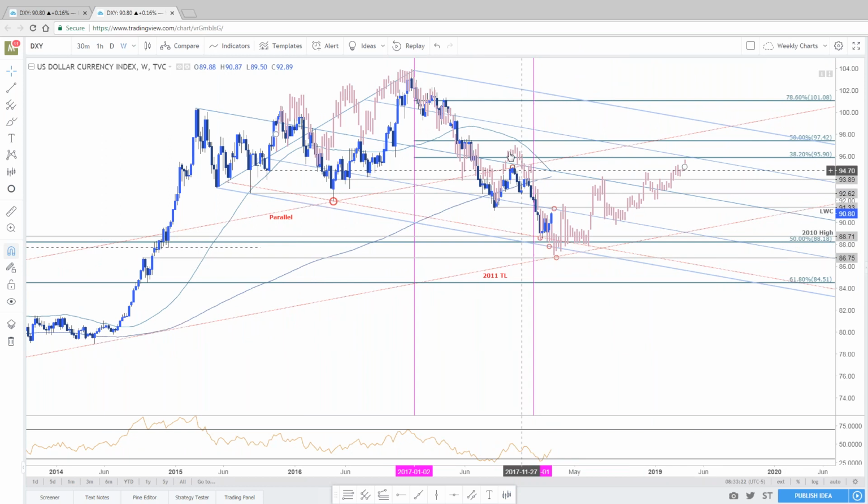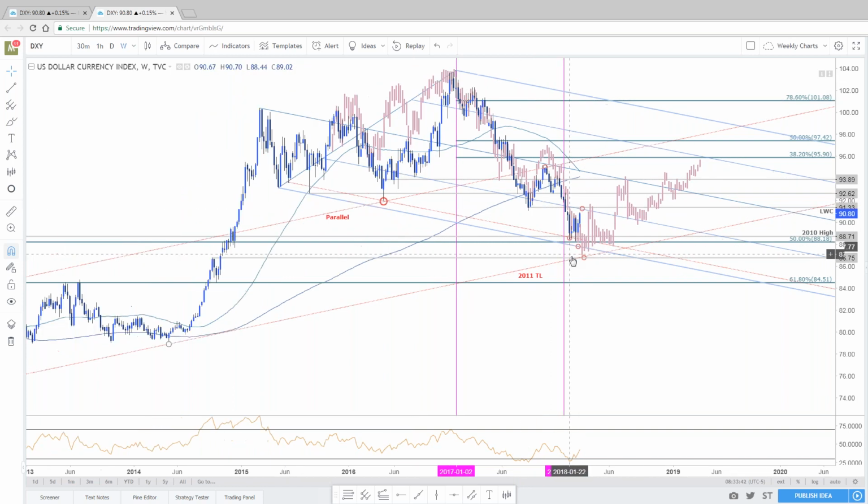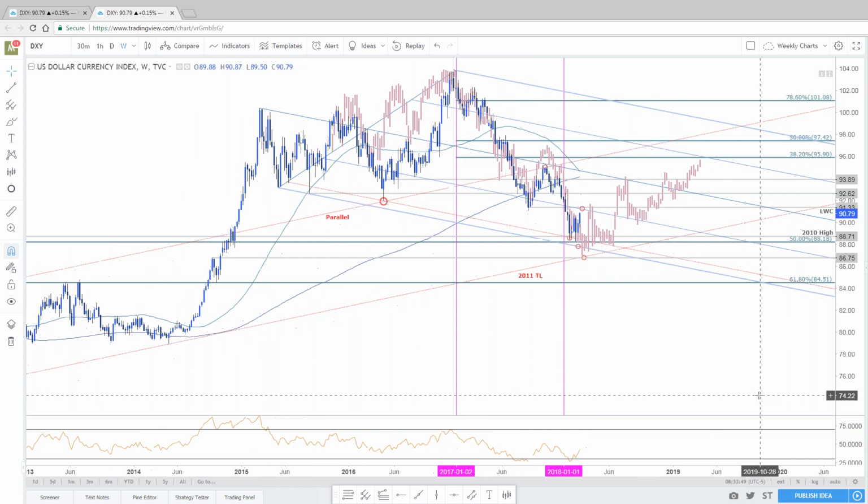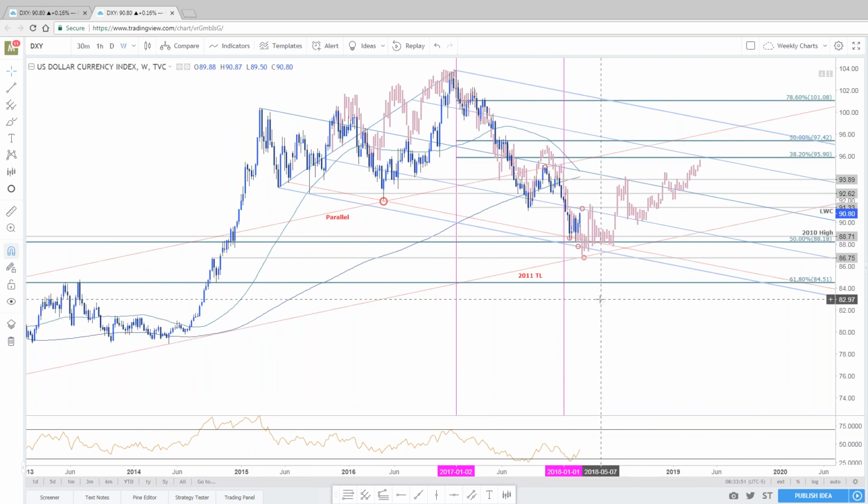Our base case scenario, and this has been so accurate for the entire 2017 calendar year, was to look for another low either at this confluence region here or, more importantly, 86.75. Now on the decline that we saw in 1994, that last low did see a recovery back, and if we take that analog and put it right on price action, that recovery takes us right back into the low week reversal close from last year. That gives you 91.33.